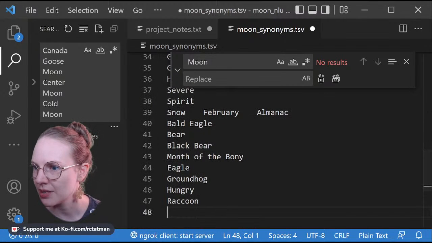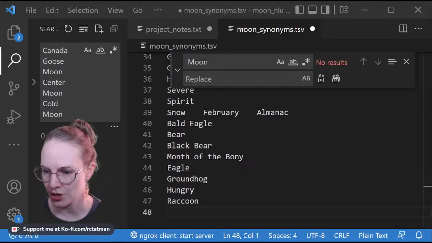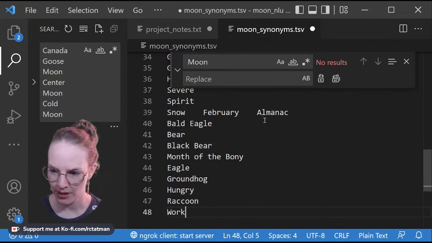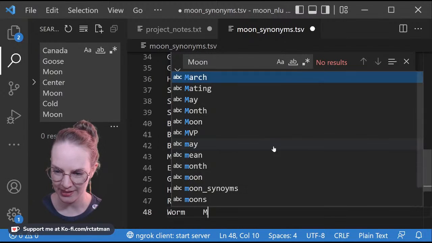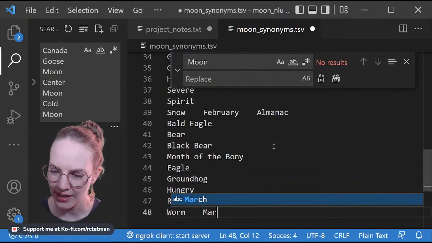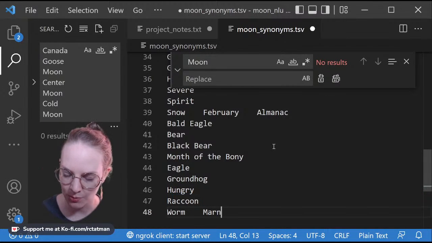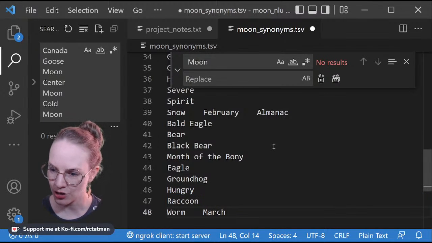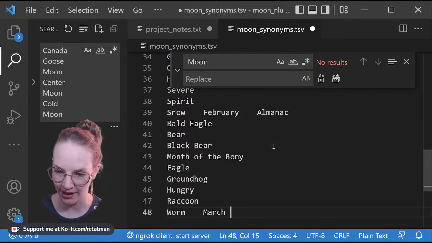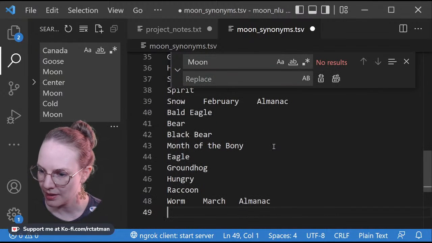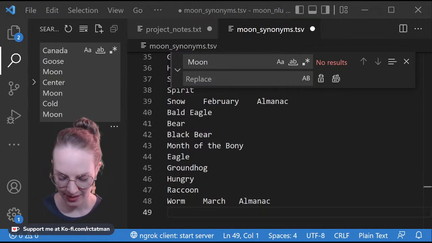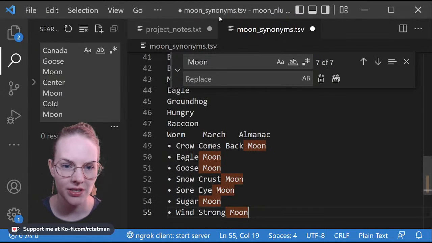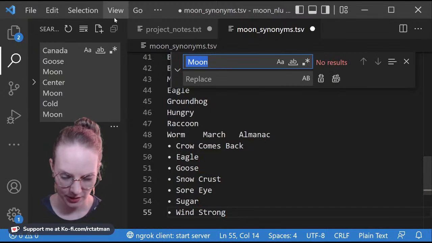And then next up is going to be for March, which they call the Worm Moon. Traditionally thought to be named after earthworms of the warming spring soil. Alternatively, in the late 1700s, Jonathan Carver wrote that this moon actually refers to a different sort of worm, larvae, which emerge from the bark of trees and other winter hideouts in this time. And we have a bunch of alternative names. We're going to replace all.